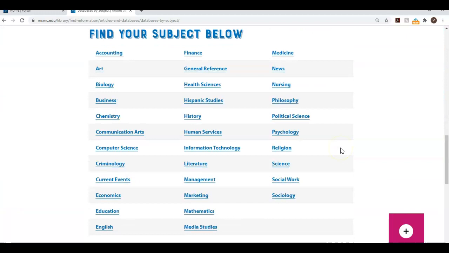The subject link has a link to all the library research guides that are created by the librarians, and they correspond to the majors here at the Mount. So if we choose psychology,